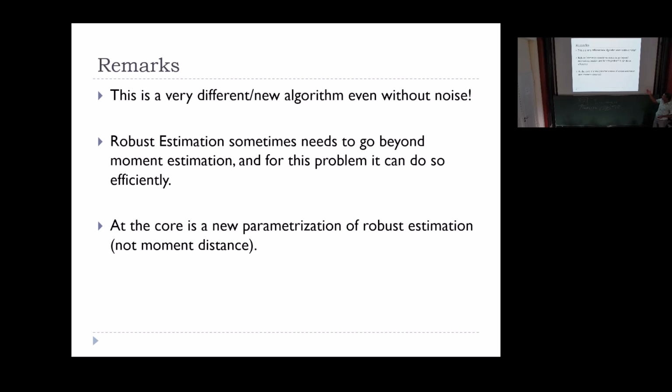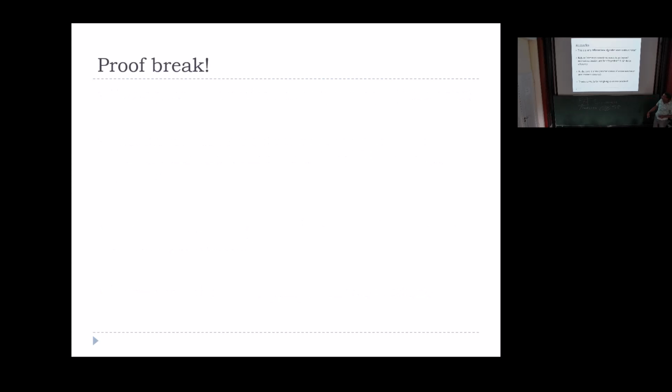There is this new parametrization in terms of this sum of L2 distances, and I don't fully understand what is the right way to think about it, to generalize it. Helgi worked on this for 2 years or more, which is unusual in computer science, but that's what it is. I will go back to the proof in a second, but maybe let me finish with the open problems. I still have 5 minutes, good. Well, actually, I should do the proof first, right? And then